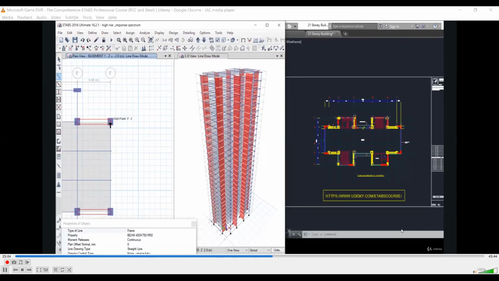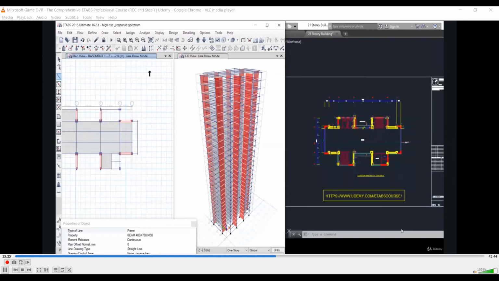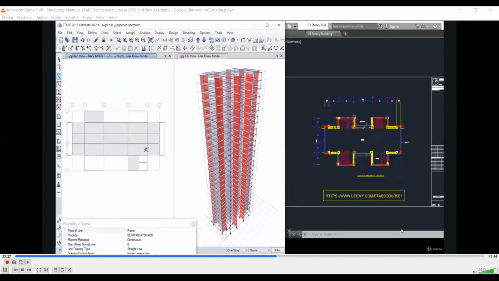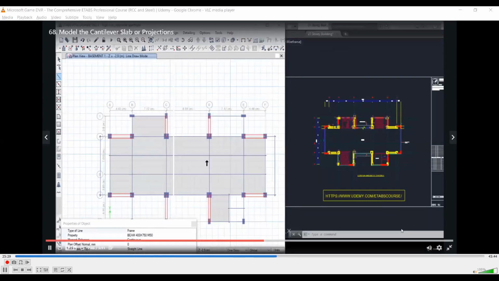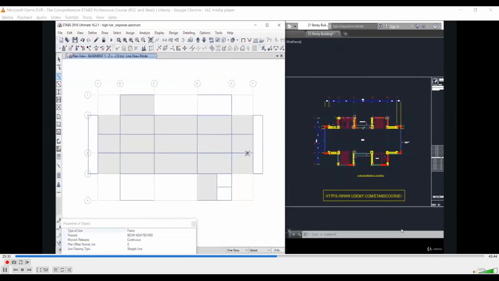So we undo this and then we draw the beams again. Then again here, and now this angle is 90 degrees. So now we have drawn the projections on both sides. We can close this window here.